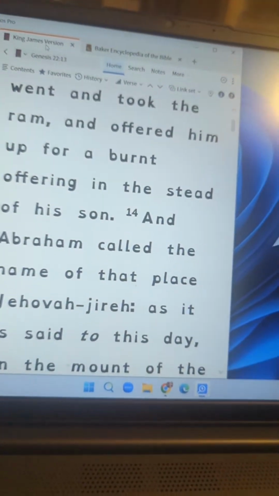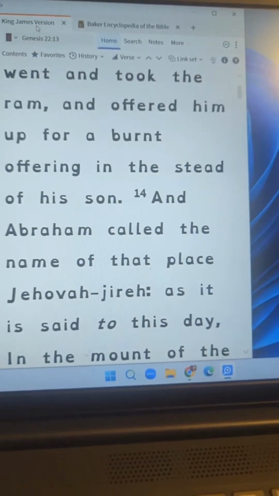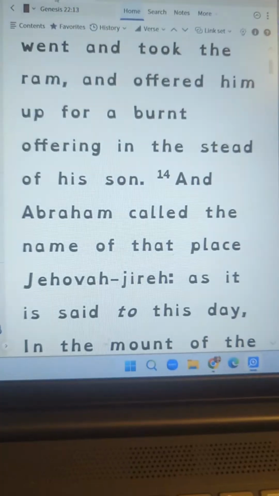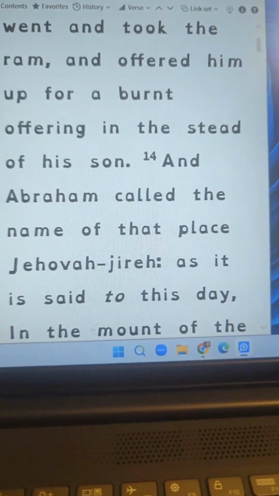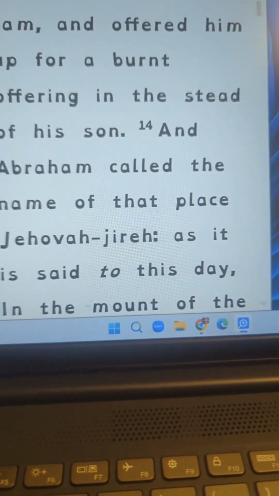What do you call it, Georgia? Jehovah Jireh or Jireh? Okay, yeah, Jehovah Jireh or Jiri, right, Georgia? In her language,